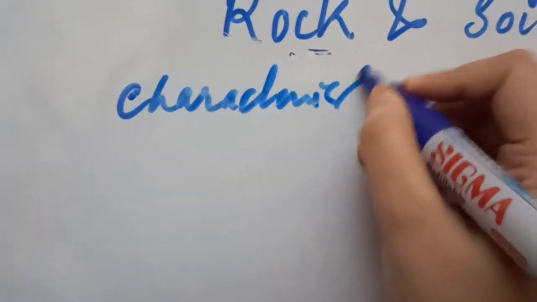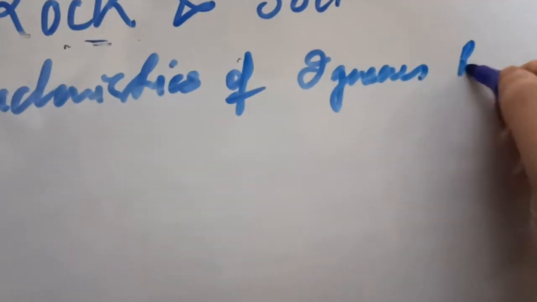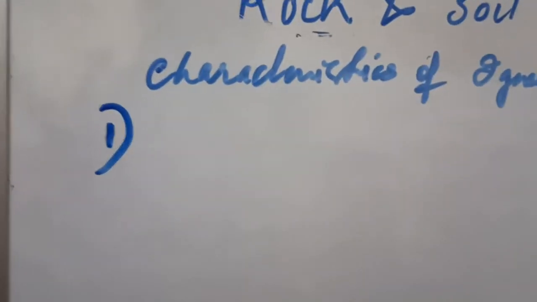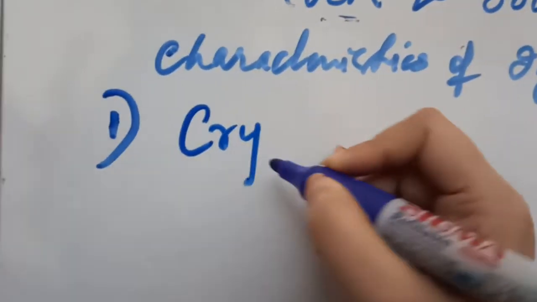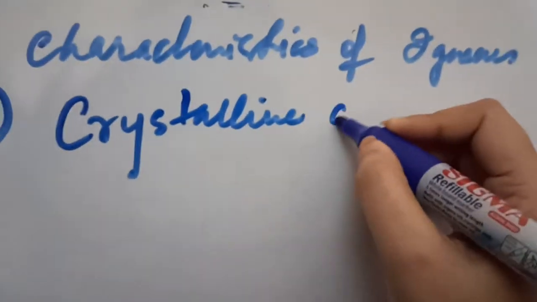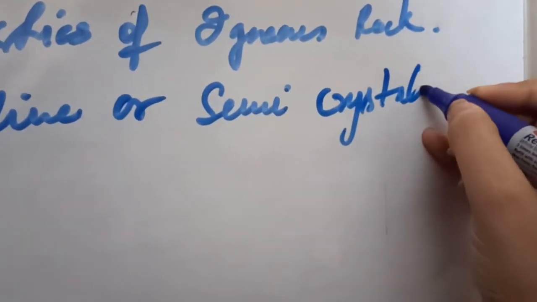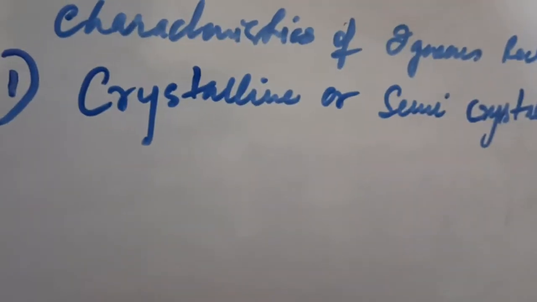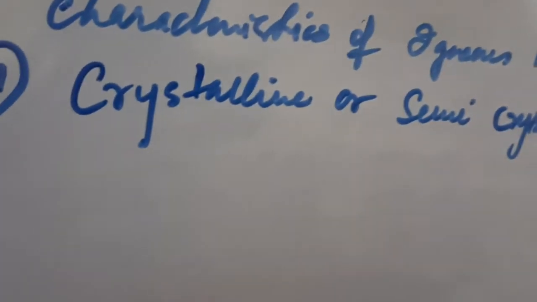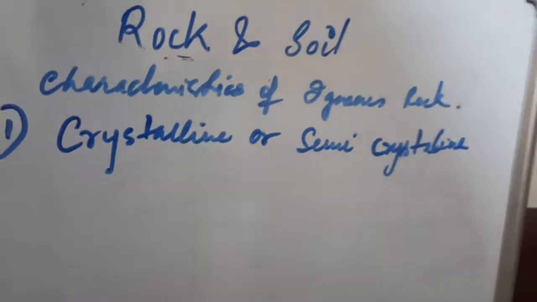the characteristics of the igneous rock. So the first characteristic of the igneous rock is that igneous rocks are crystalline or semi-crystalline in nature. Why? Because they have formed from a fiery origin, so that is why we find this type of crystals or semi-crystals within